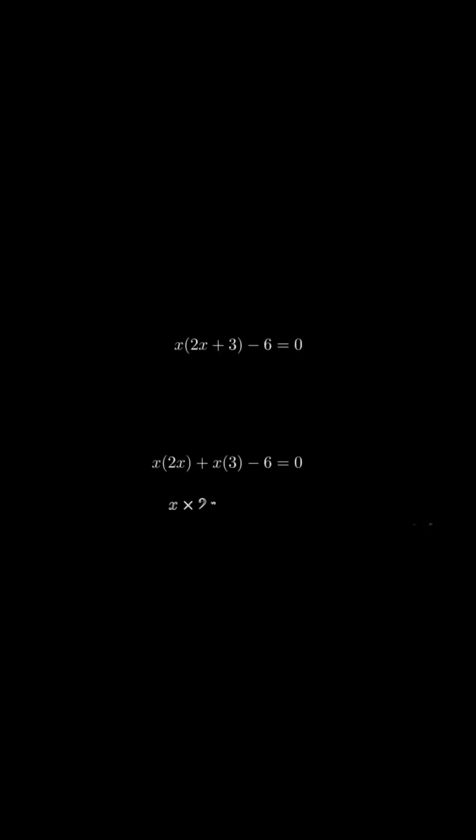For the first term, x times 2x, we multiply the coefficients 1 and 2, giving us 2. Then for the variables, x times x gives us x squared, so x times 2x equals 2x squared. For the second term, we have x times 3. Since 3 is just a constant, we multiply it by